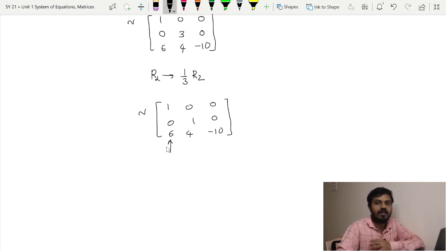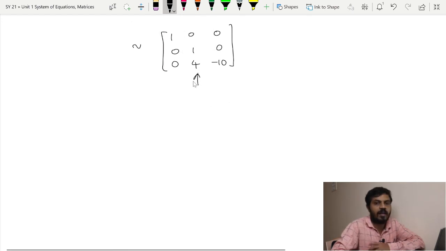So we have to make the third row of this matrix the same as the identity matrix. Over here in the identity matrix this entry is 0, so we have to make this entry 0. How to make it? Just think a bit. You can see that this entry over here is 1, so definitely we can take the help of that entry. Which operation to perform then? On R3 we will perform R3 minus 6 times R1. Am I right? So this will be equivalent to,